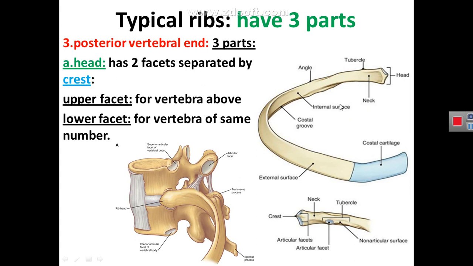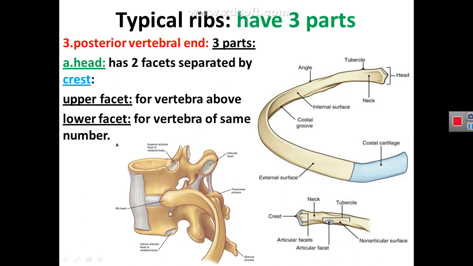The posterior end of the ribs, of the typical ribs, shows a head, neck, and the tubercle. And you can see that this is a magnified figure for the posterior end. The posterior end head shows two facets, an upper and lower facet, separated by a crest. And you can see that in this figure, the facets of the head are articulating with the body of the